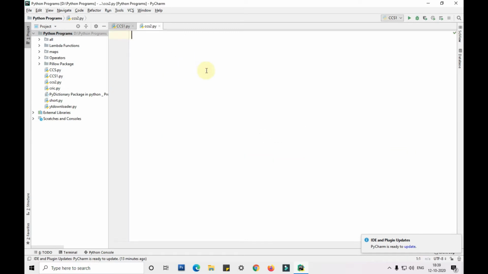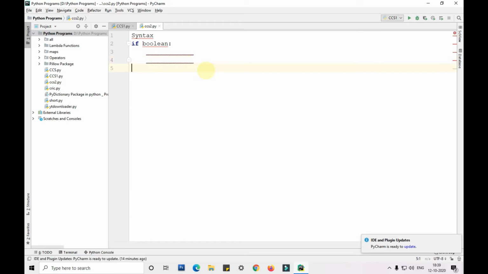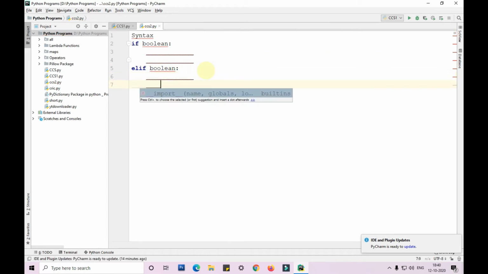So let me show you the syntax first guys so that you'll understand in a better way. So if followed by a boolean expression, then few lines of code, then followed by elif, then boolean, colon, then few lines of code, there might be any number of elifs guys.